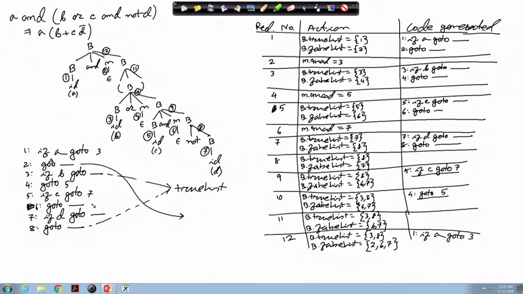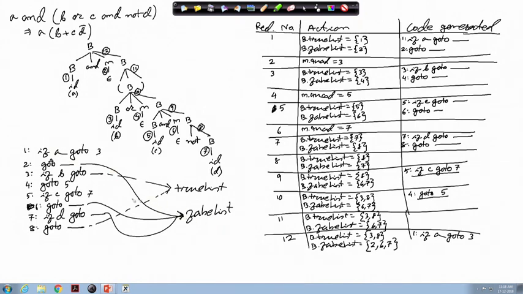This 2, 6 and 7 together will give the false list for the overall Boolean expression. Fine. So, now if you try to match: if A, then you need to evaluate the second part. If A go to 3, now it is checking here. If B, so A and B both are true, so it goes to the true list. Otherwise, if A is false, then it is definitely false, so it goes to the false list.